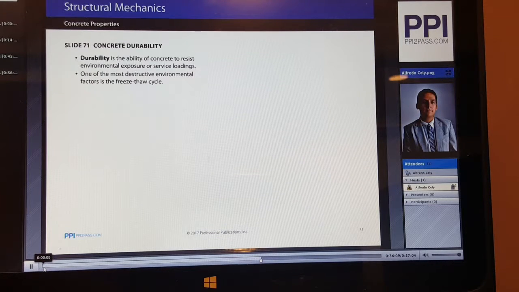And because concrete does not handle tension well, let's see, we're talking about concrete and reinforced concrete. So first, if our concrete starts cracking and spalling because of tension from the freeze-thaw cycle, that cracking and spalling will carry over to defects in the compressive strength of the concrete, which is what the concrete is being used for. So that will impact the compressive strength, and then will create more cracking and more spalling until that concrete will fail. Now, for reinforced concrete,